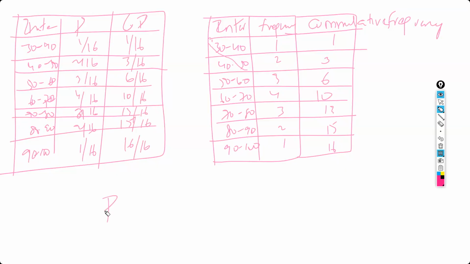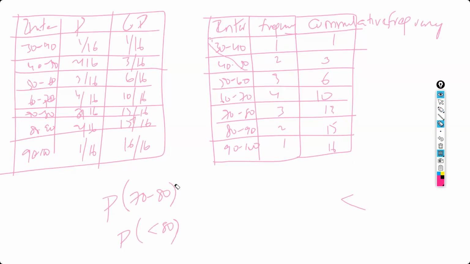What is the difference between probability between 70 to 80 versus probability less than 80? Here you are asking a normal probability. Here what are you asking? Cumulative probability. When you use the less than symbol, literally you are asking for the cumulative probabilities. Whenever you use a less than symbol, remember you are asking the cumulative probability.